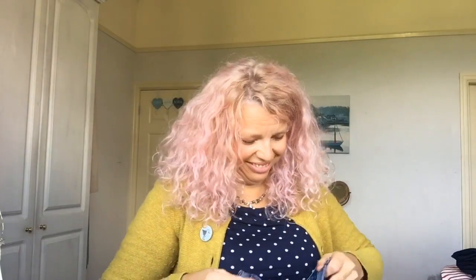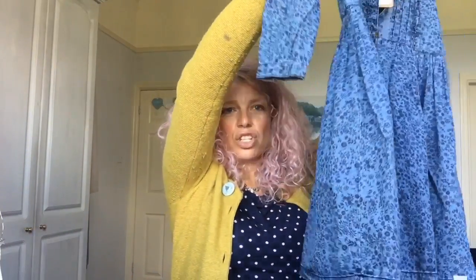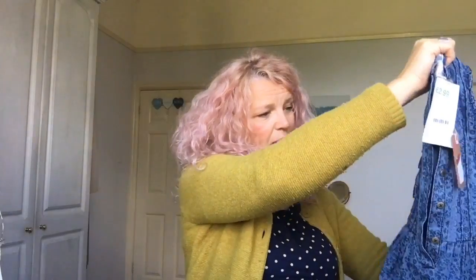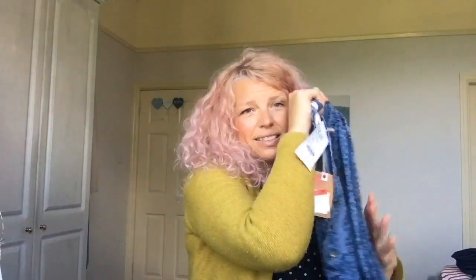Mum. So, yeah, and it's gorgeous, and it just comes to above her knee, and she absolutely loves it. And she saw it was hanging in the window in Oxfam when we walked past the other day, and she absolutely loved it. And I thought with little tights, and she's got